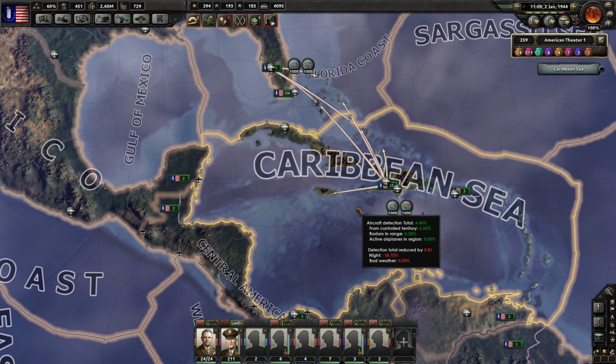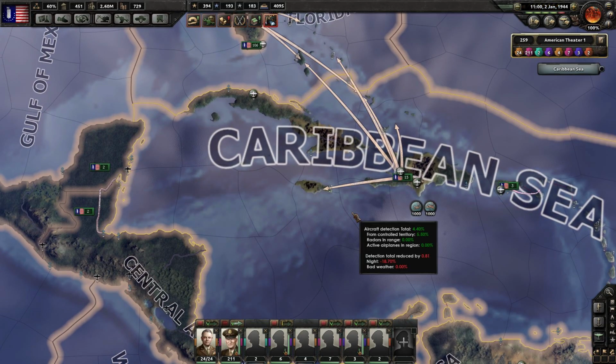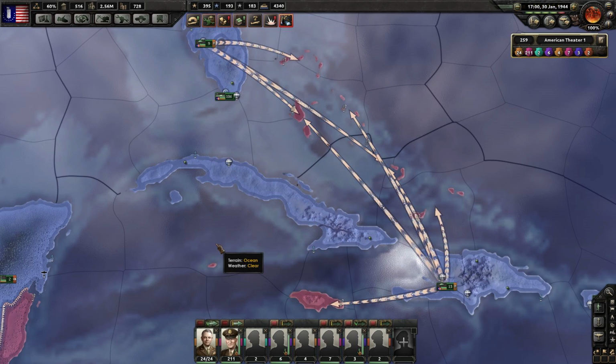So now we have air dominance over this region. And so we can effectively use these airborne invasions. So I'm going to cut out, we're going to fast forward, and you can see them in action. Okay, so I fast forwarded time a little bit. We have now declared war against the evil British Empire, and now we need to take out their islands in the Caribbean. So how we're going to do this is with airborne divisions,